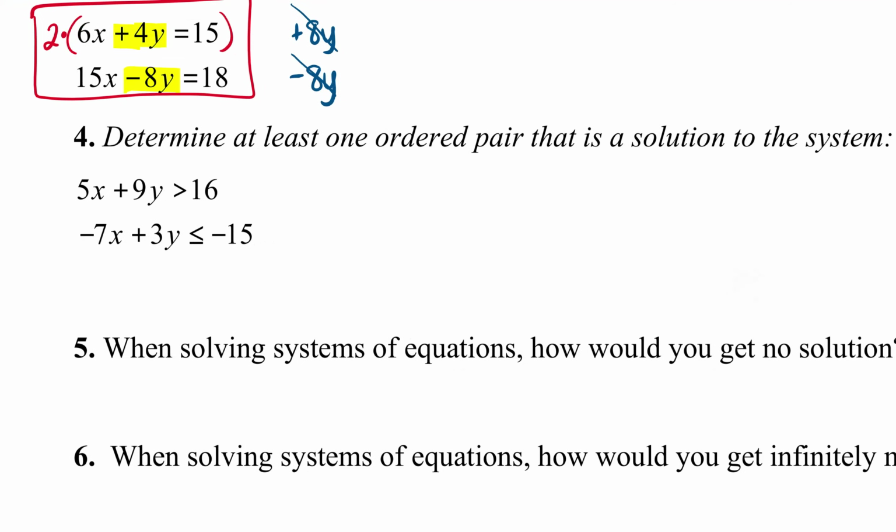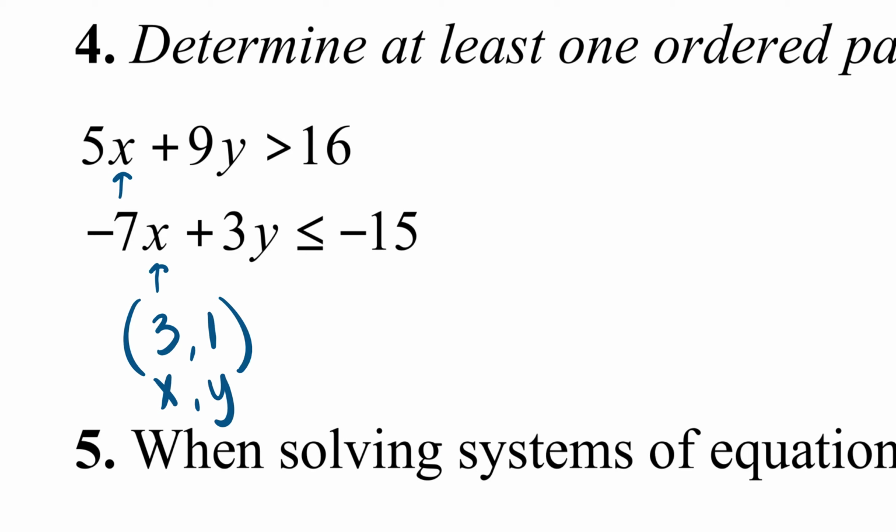You don't want to go too high and do something like 230 and negative 4,000. That'd be silly. You would do way too much work that you don't need to do. I keep all the numbers small in the test anyway, so I'm just going to keep with small numbers. So 3 and 1, remember this is x and y. I would replace the x on both and the y on both, and just see if it's true,